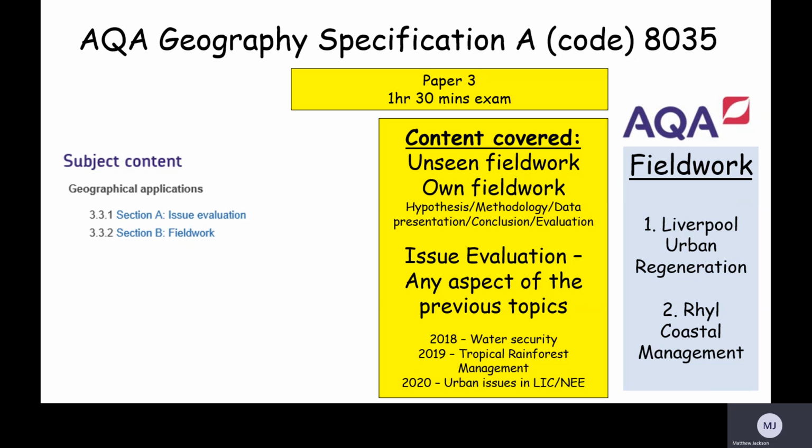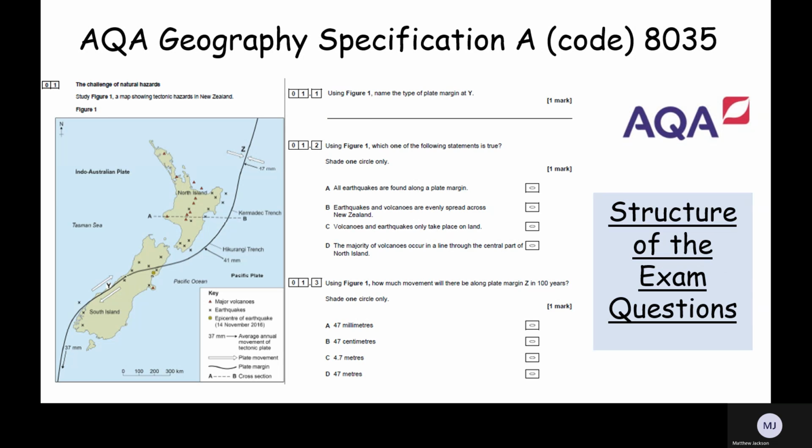These are all parts of the course that they've already studied, so it's going into a little bit more detail, and it's starting to justify and make reasoned arguments about why some things should or should not go ahead. So if we move on and look at the different structure of the exam questions, within geography, as I said earlier, they test all 3 bits of geographical skills all the way through the exams, they'll give lots